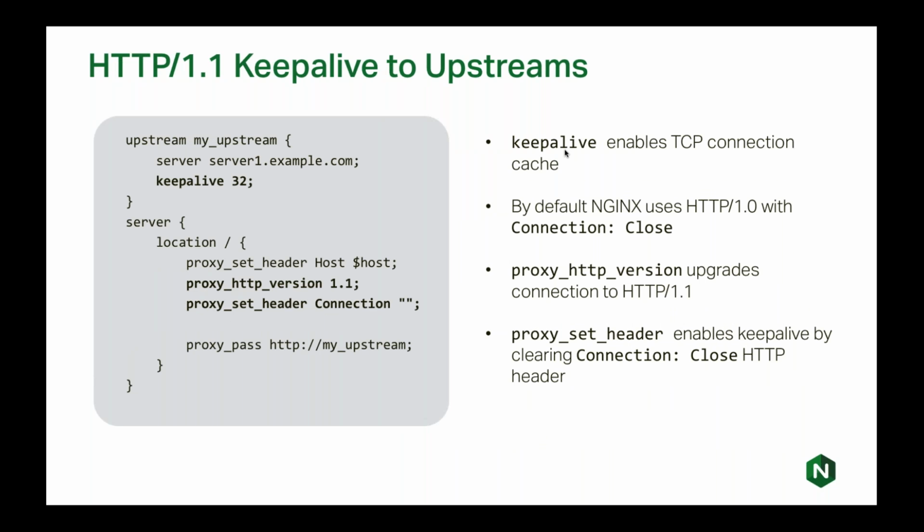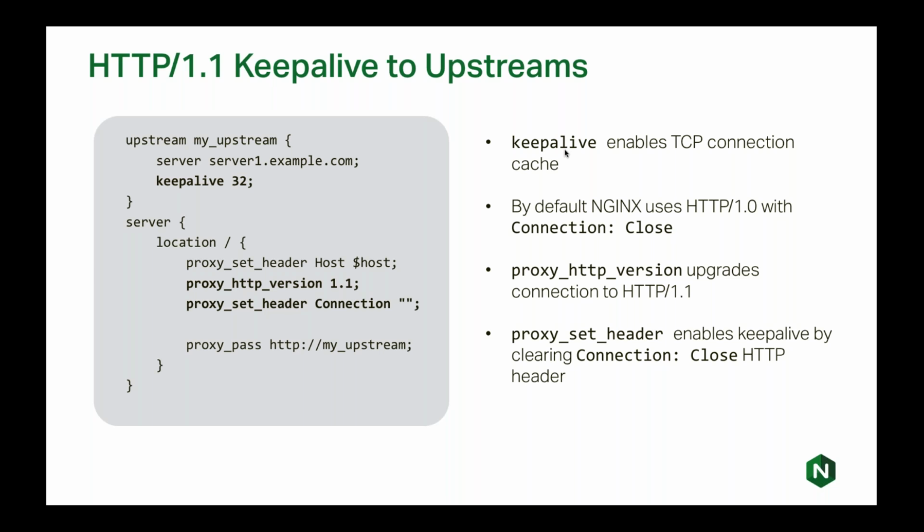The next important thing that I think will improve performance actually is to upgrade to HTTP 1.1 on the backend side, so nginx talking to your backend servers. By default, nginx uses HTTP 1.0 with connection close, so it'll just create a new connection per request and then close that off after the request. So it's fairly inefficient, but we do it that way just to maintain maximum compatibility. If you have an older application, for example, that only uses HTTP 1.0, nginx will work with that out of the box. But for most cases, what you're going to want to do is, well, first I'll specify Keepalive here